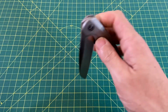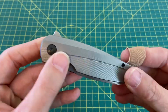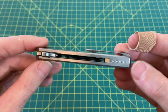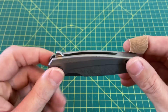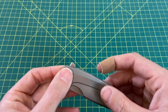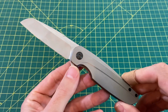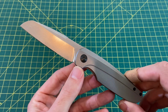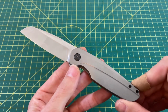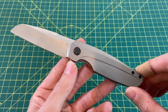Ultimately, what it leaves me with such incredible action, with such incredible fit and finish, overall, the little details in the backspacer, everything, it leaves me a little disappointed because I really don't like the adjustable detent system. I wish it didn't have that. My overall thoughts on the knife is it's incredible. I absolutely love it. I just, personally, for this much money, I wouldn't buy one